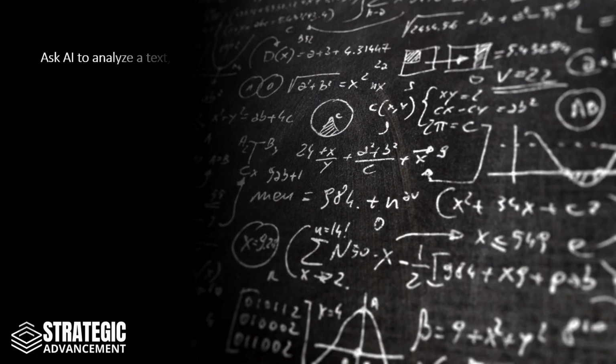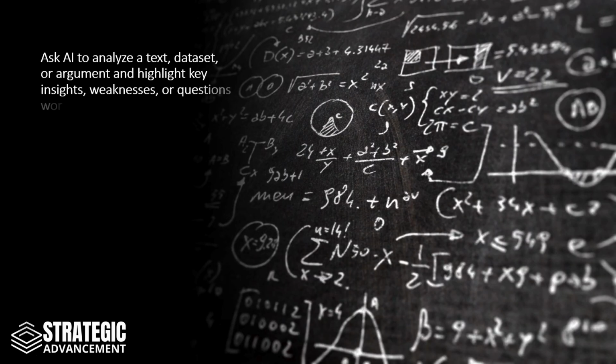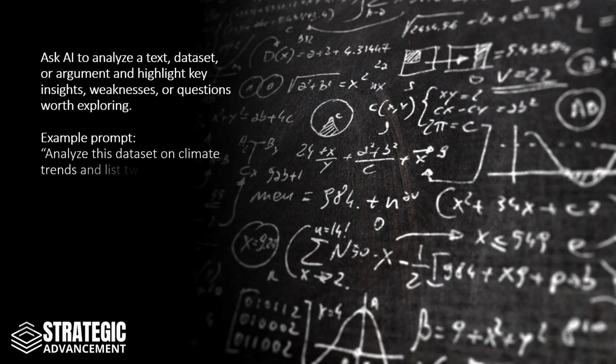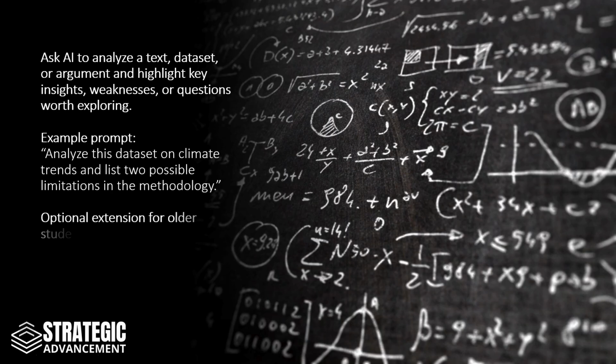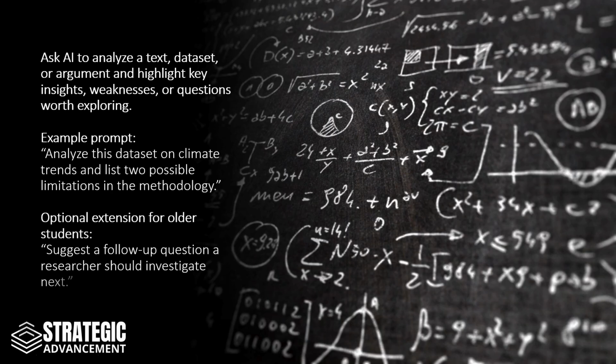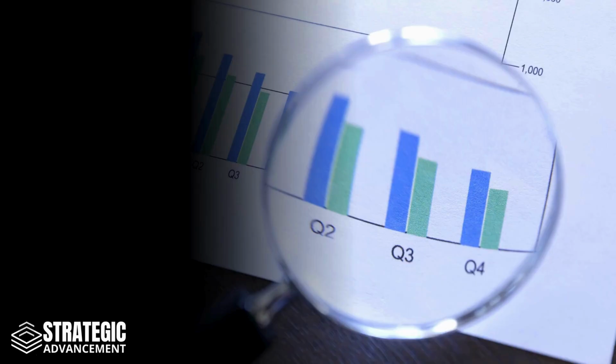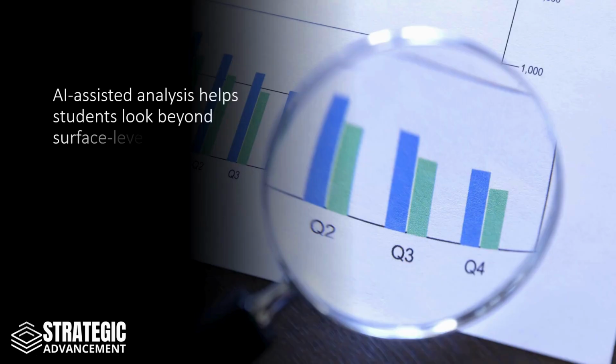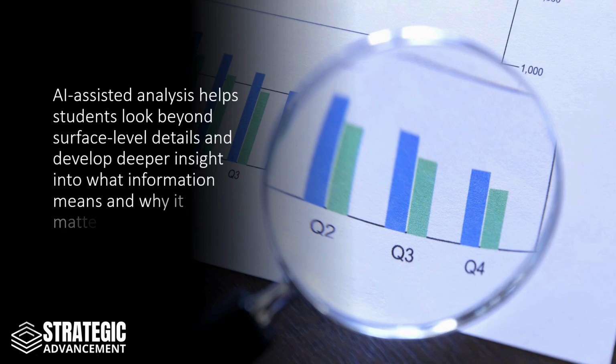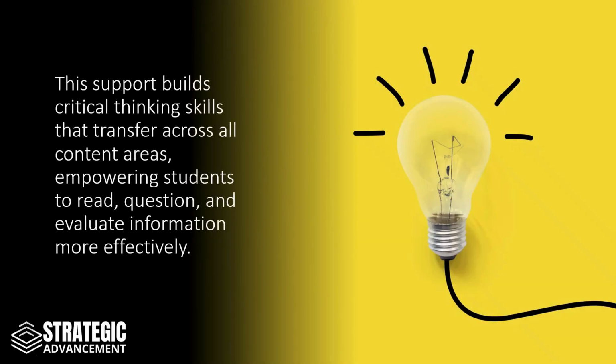Ask AI to analyze a text, dataset, or argument, and highlight key insights, weaknesses, or questions worth exploring. Example prompt: Analyze this dataset on climate trends and list two possible limitations in the methodology. Optional extension for older students: Suggest a follow-up question a researcher should investigate next. AI-assisted analysis helps students look beyond surface-level details and develop deeper insight into what information means and why it matters. This support builds critical thinking skills that transfer across all content areas, empowering students to read, question, and evaluate information